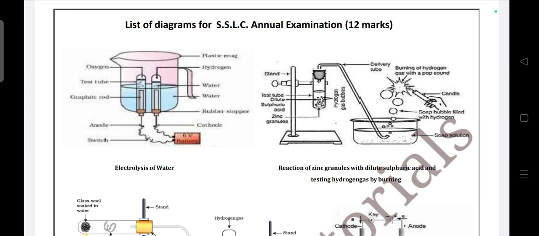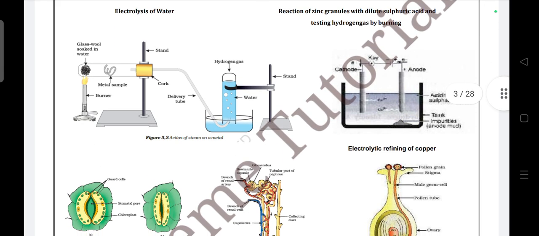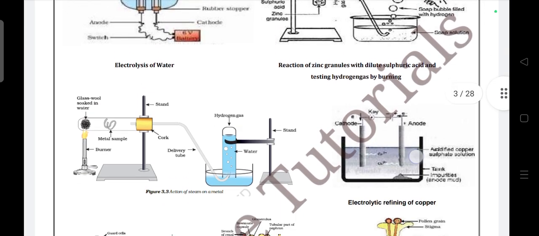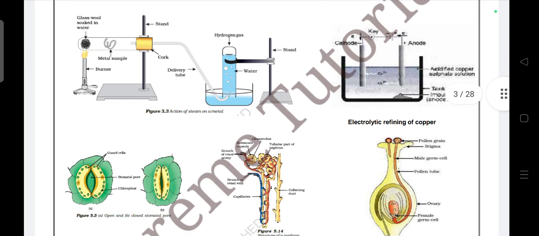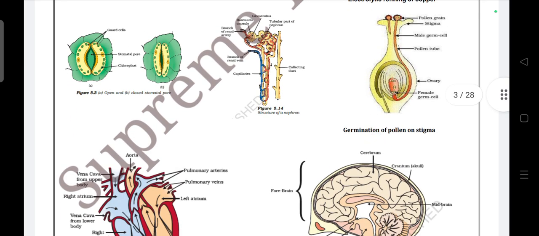So 12 marks will come from diagrams. Important diagrams: electrolysis of water, then reaction of zinc granules with dilute sulfuric acid, next action of steam on a metal, next electrolytic refining of copper, open and closed stomata, structure of nephron, then germination of pollen on stigma,